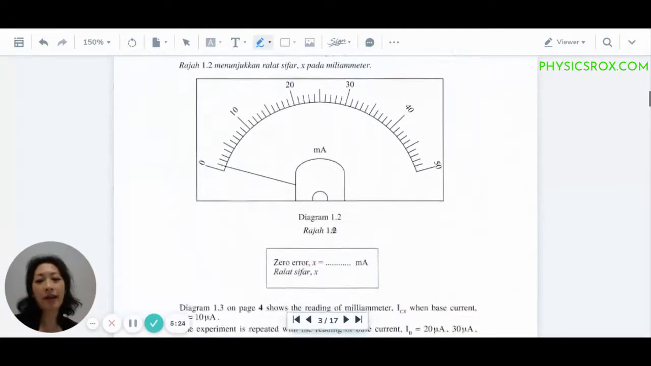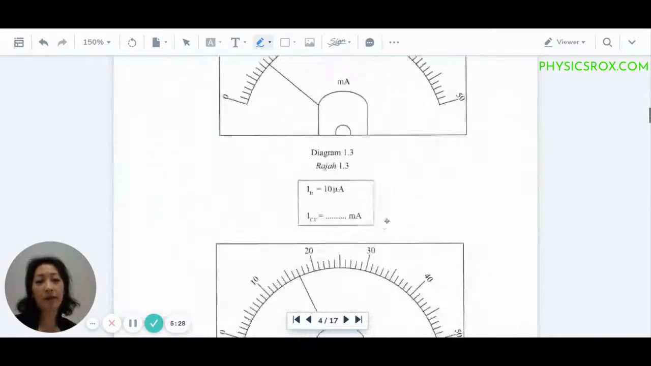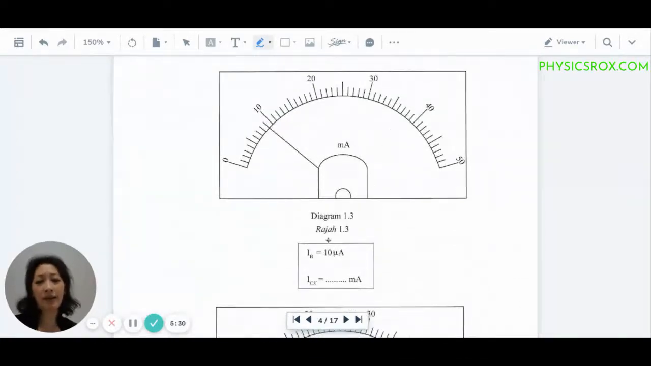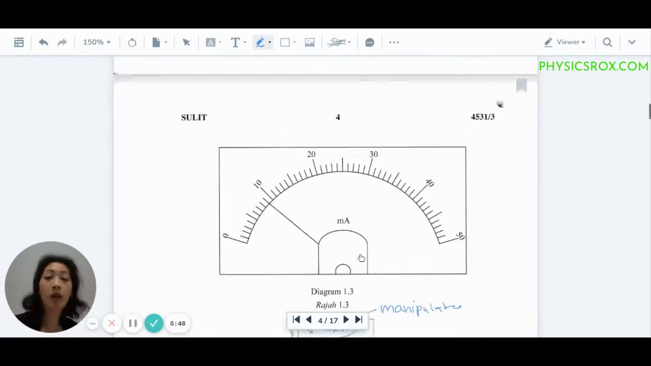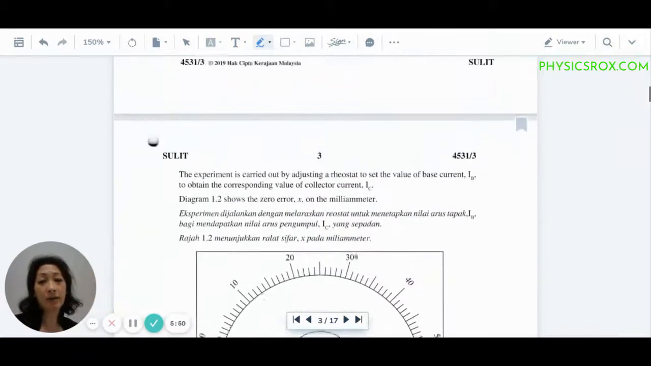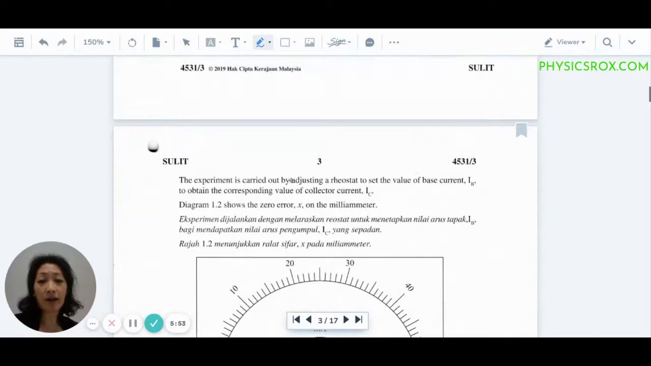You'll find that, okay, you've got this milliammeter here. This is for zero error. Let's look at another one. You've got a milliammeter here, and look, they've given you here IB equals 10 microampere, and you've got to fill in this value. Now, whatever they've given you here, this is obviously the manipulated variable because that's what's being controlled. The responding variable is the reading that you're supposed to take, which means that because you'll find that the